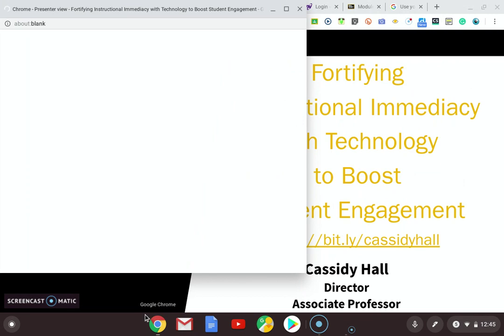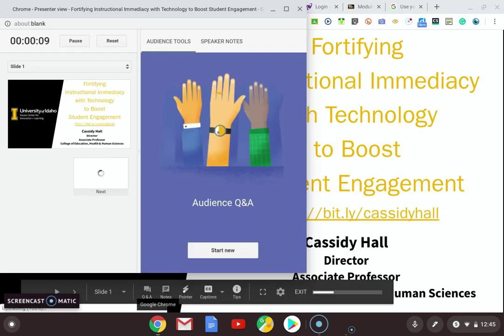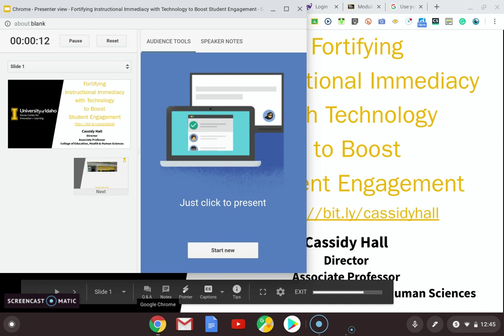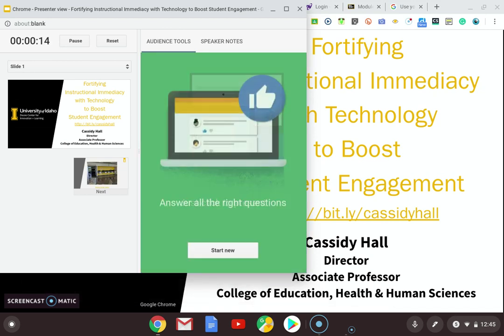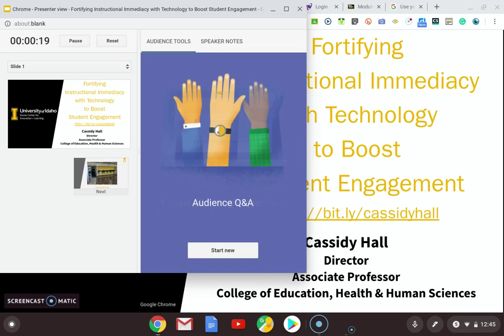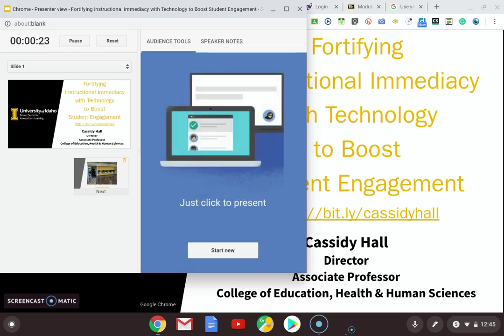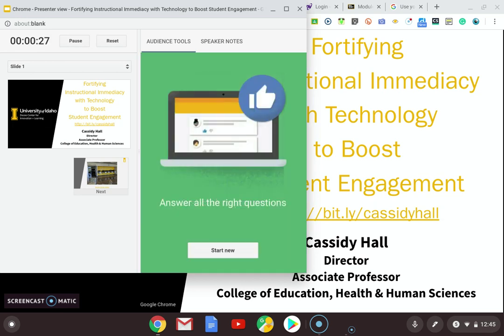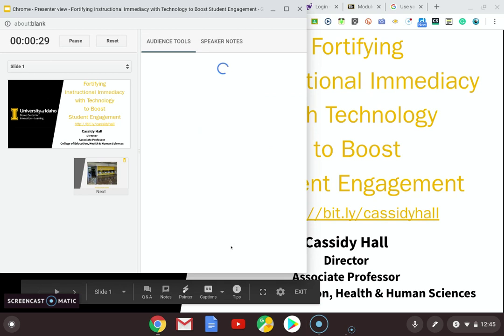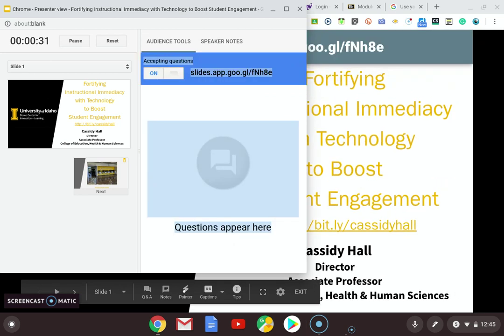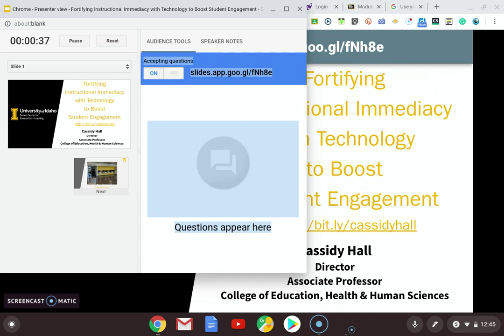And if I click on the Q&A tab, what that does for me is allows me to turn on a function where the student or the students or my audience, whoever it may be, can start asking me questions digitally. It will appear here, and they can actually upvote or downvote each question. Okay, and I'm going to show you how this looks by actually going to it live. So if I go to Start New, what it does, it pops up a unique address for them to go into. So this one is